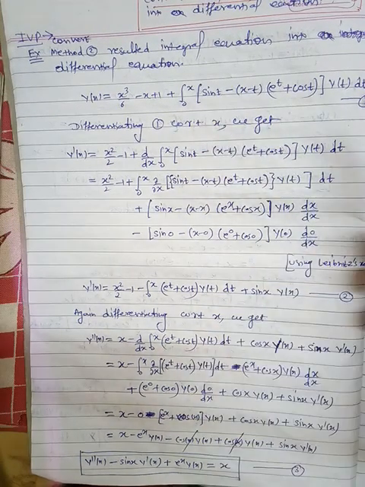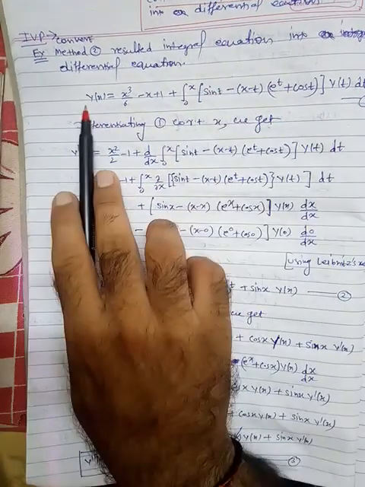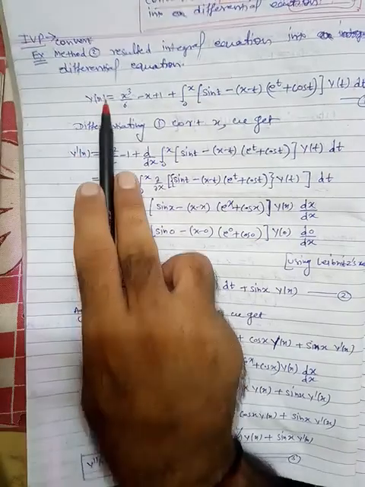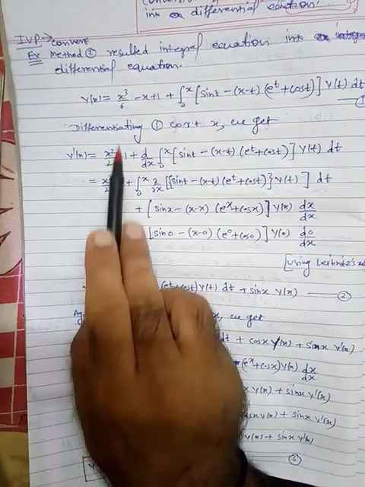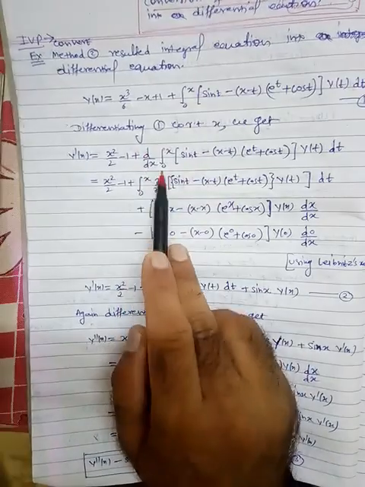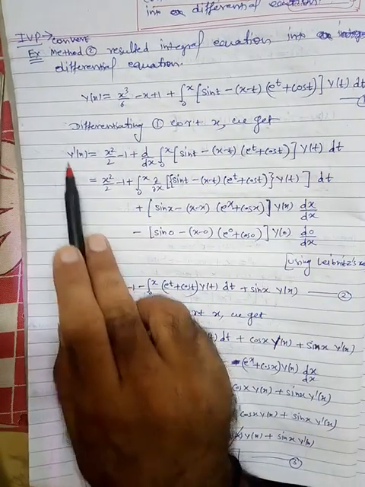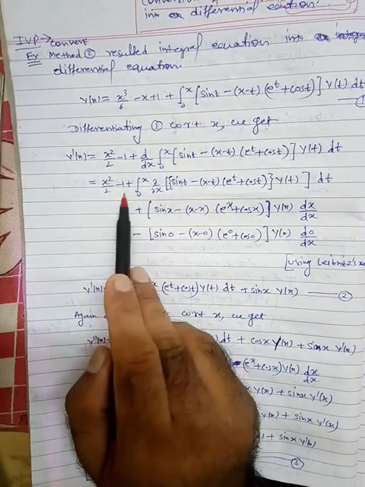तो हमें तब तक करना है जब तक ये इंटीग्रल हट जाए. To remove that integral, first we have to differentiate this. So just differentiate this. So here we will get y1(x) is equal to, integrate this, x square by 2 minus 1. Then this integral is d by dx, integral 0 to x, and this. So this will be y1(x) is equal to x square by 2 minus 1 plus.